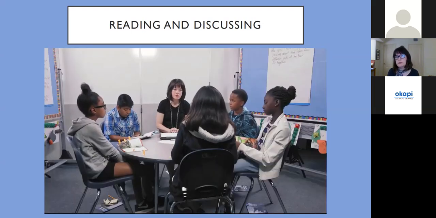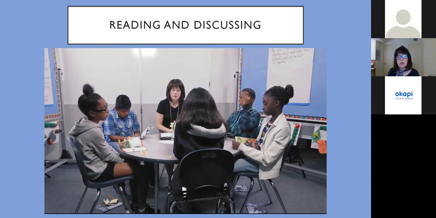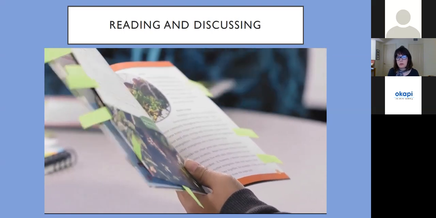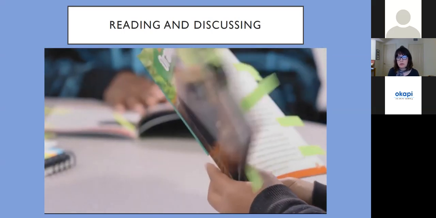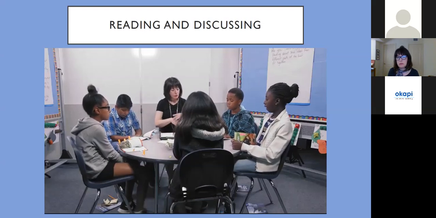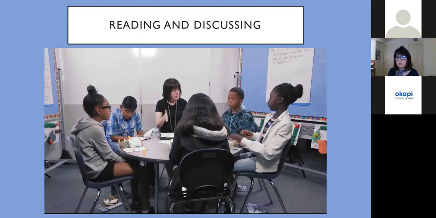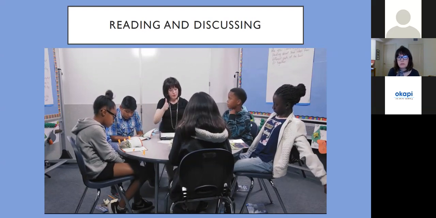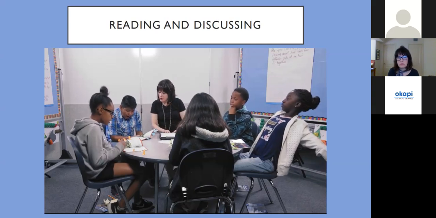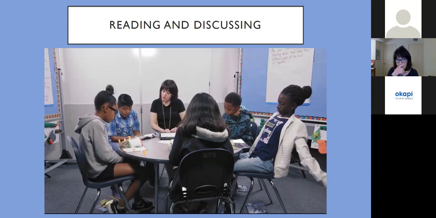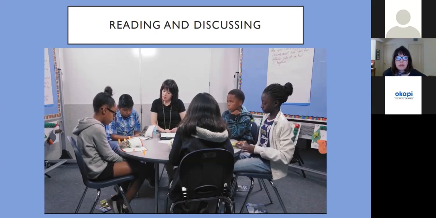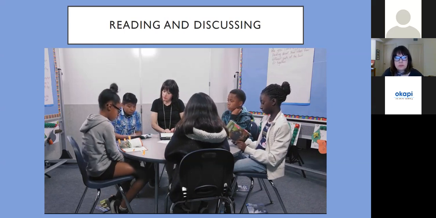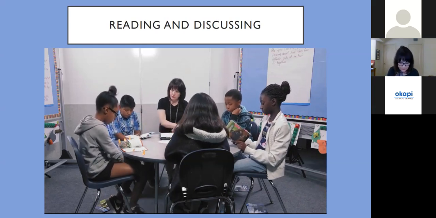Mm-hmm. What do you think, Rosen? It says right here that they're not aggressive if other orangutans are in their home range. Mm-hmm. And do they move around a lot? Do they stay in the same place? No, they move around a lot to search for food. Okay. But is it all over the rainforest or within just a spot in the rainforest? It said here they move constantly throughout this area looking for food. These home ranges are about 2 to 4 square miles in size and often overlap with the home ranges of